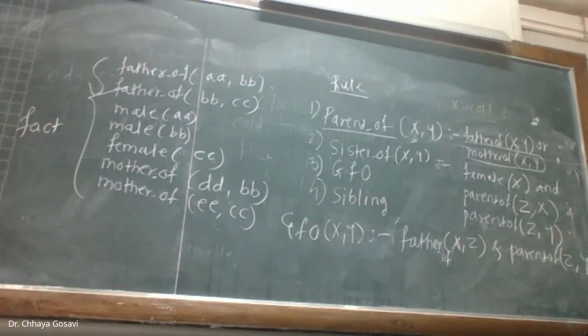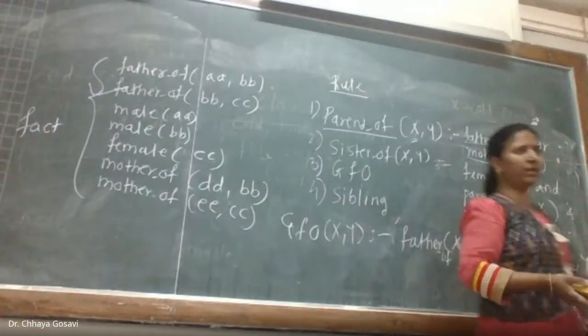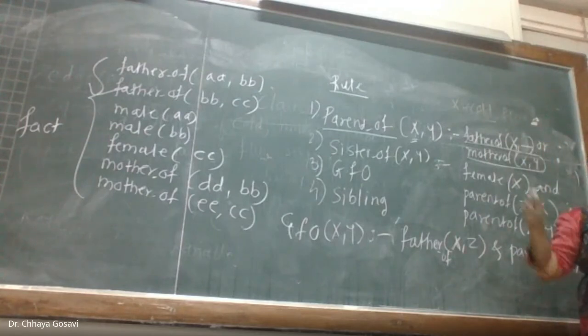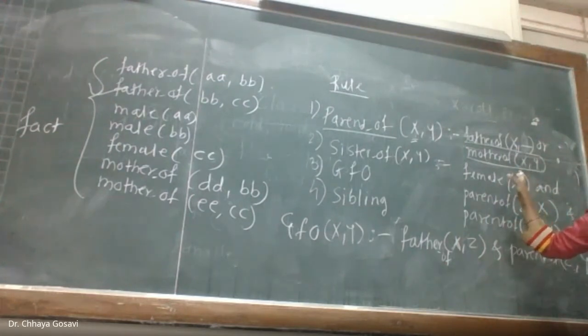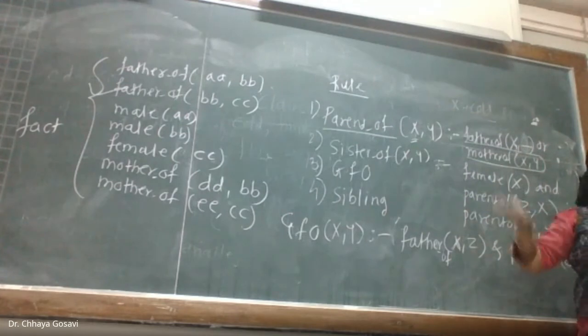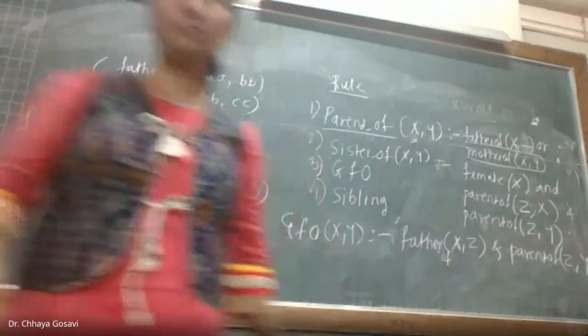Instead of a variable, Prolog also supports an anonymous variable. It means instead of writing a variable here, you just put a dash. No need to write a variable, so it will give values of x for whatever the right-hand side is. It's not compulsory to write the name of a variable. We can use anonymous variables.